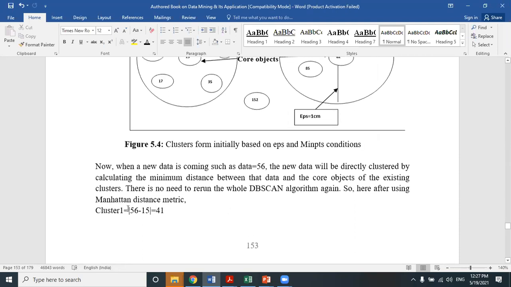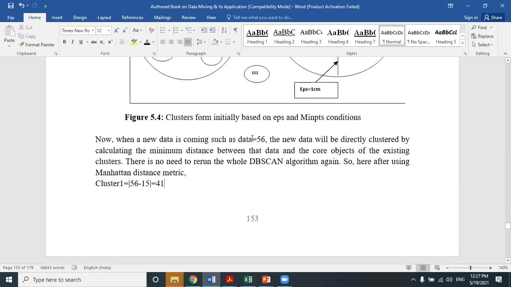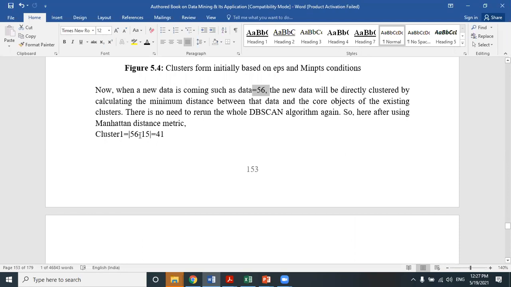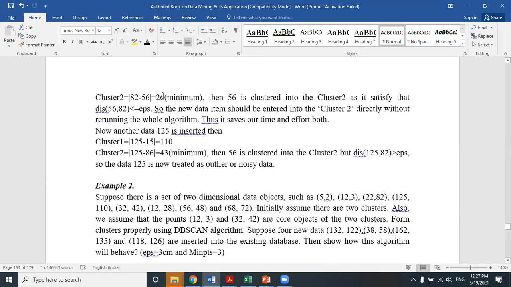So these 2 distances we have calculated, and the distance which is the minimum, the data should be part of that cluster, right? So from the first cluster the distance value is 41, and from the second cluster the distance value is 26. So the minimum distance value of 56 is from the second cluster. So then 56 is clustered into cluster 2. As it is satisfied that the distance between 56 and 82 is less than or equal to EPS, obviously 56 কে কিন্তু এই epsilon